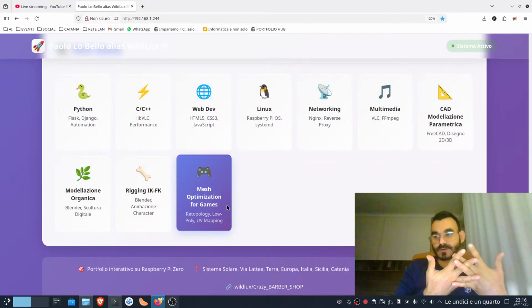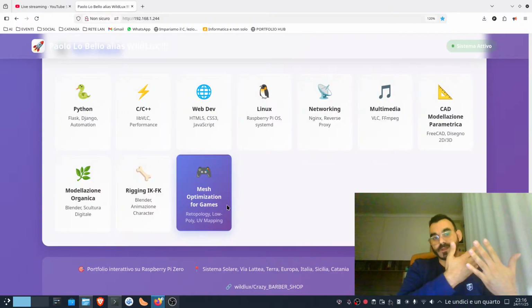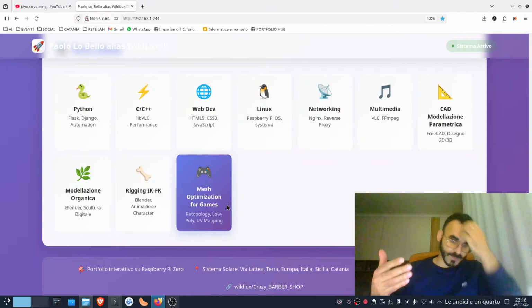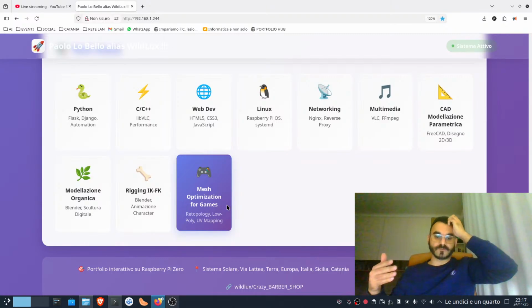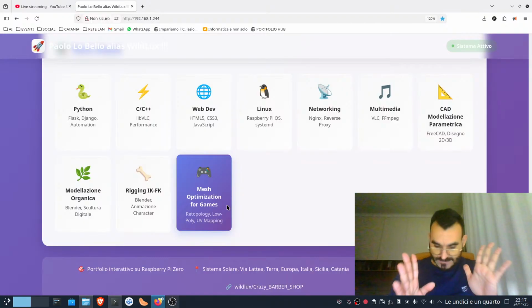In other words, the mesh, okay. In this case you can make another mesh from the source and make better information for the next retopology. Example,